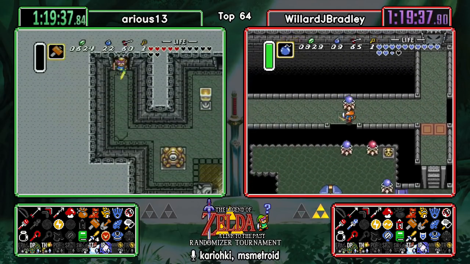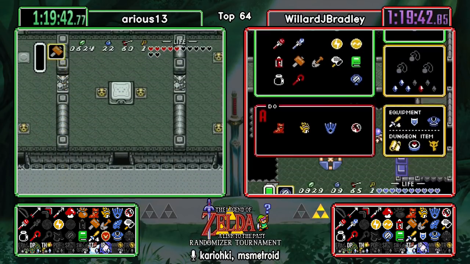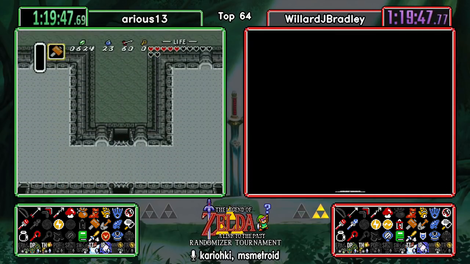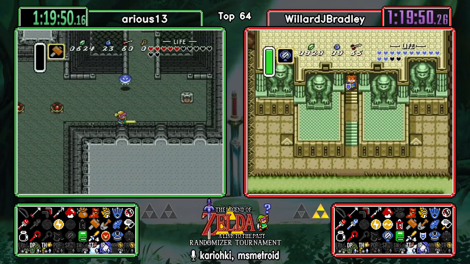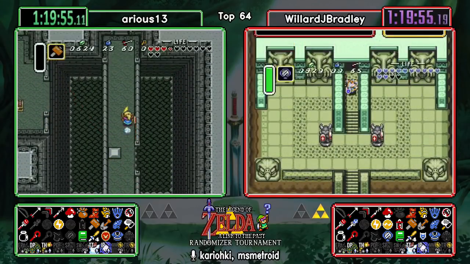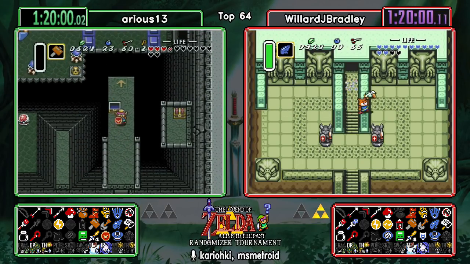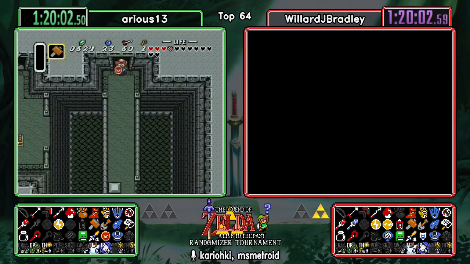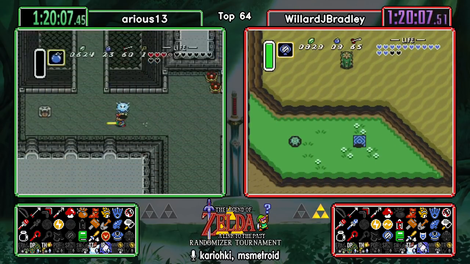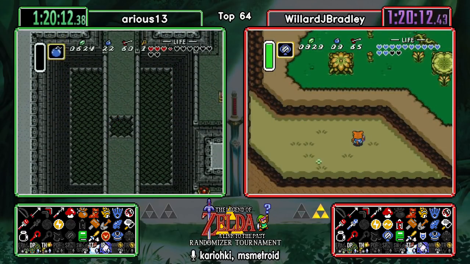So now Willard can go complete Turtle Rock since he has the ice rod, and he may think about mirroring at Mimic Cave just to check it. Because where's that bow at? But Arius is making that quick follow right into Pod. He'll be picking up... Well, he may not be getting anything. Because the big key... Well, I guess... Ice Rod is still in the basement. And Mirror, so long as you get enough keys...